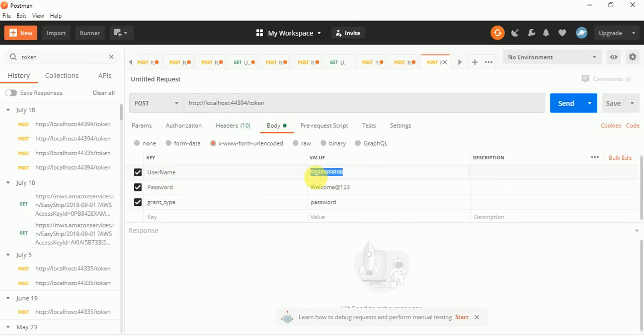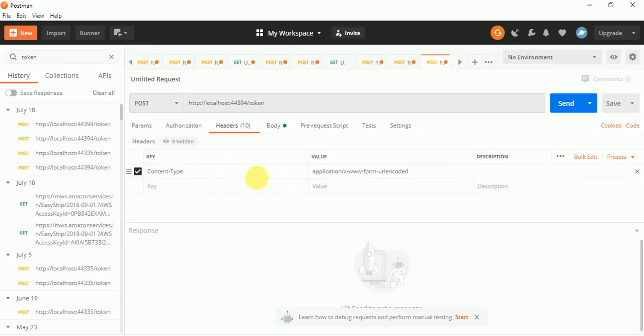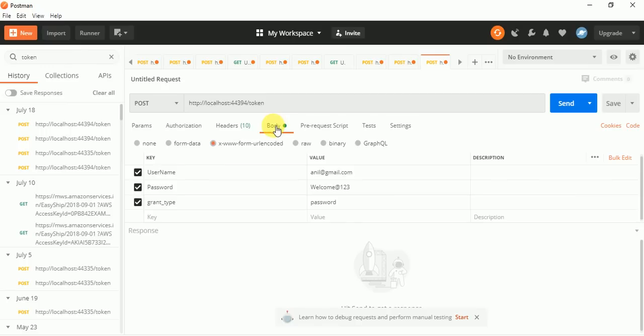So here I will pass the username as my email ID, anil@gmail.com, and password equals to welcome@123, and grant type equals to password, and in the header I have passed content type equals to this. Okay, and you can see the body.